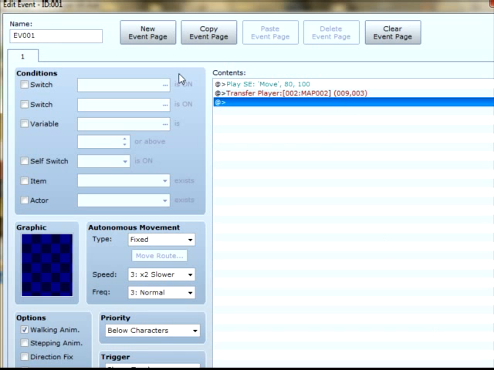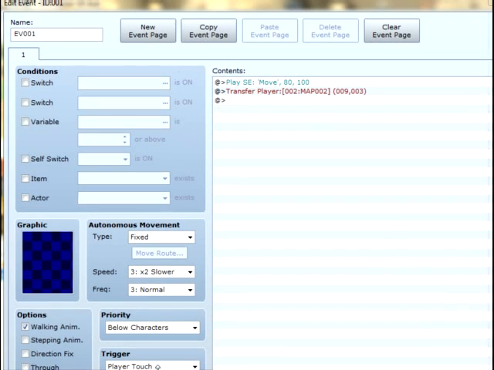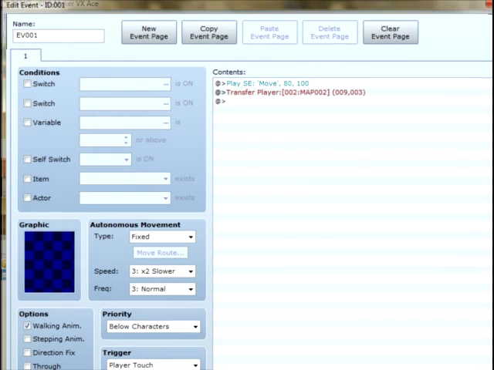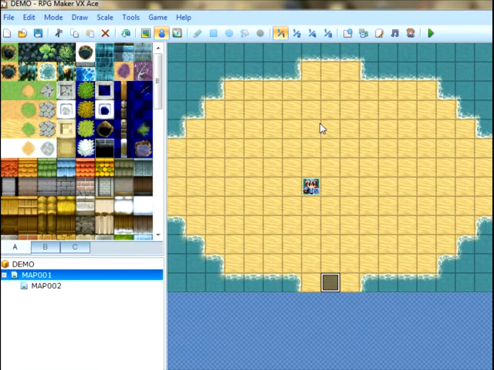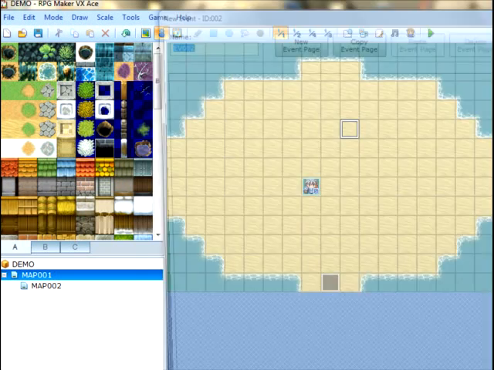Okay, so it's set, there we go. It always has to be on player touch down here, unless it's set by an auto run event or an action button or something else, but normally it's player touch, especially if it's a door. It's naturally set on player touch. Okay, next event we're going to load up